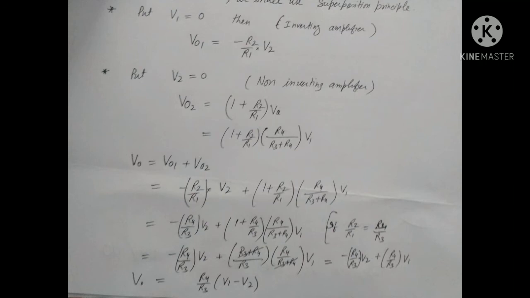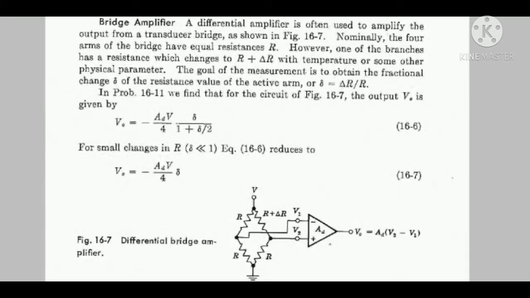In this way we can say that output is proportional to the difference of the inputs. So hence the name differential amplifier or subtractor. A differential amplifier is often used to amplify the output from a transducer bridge, as shown in figure